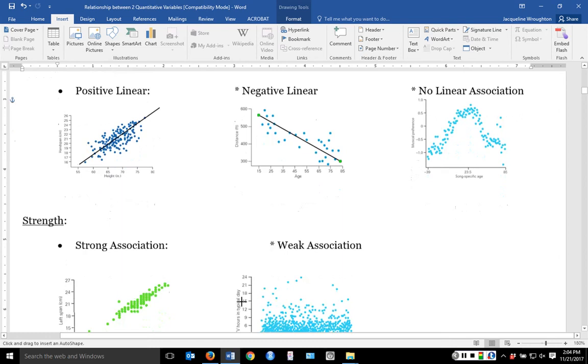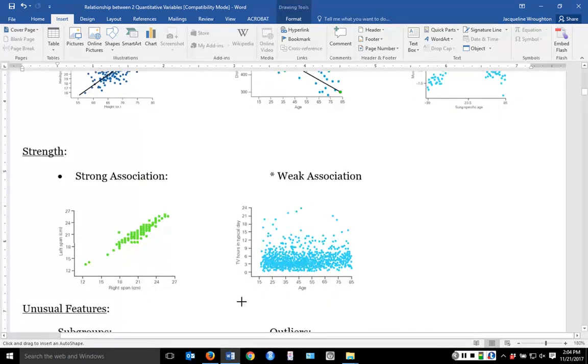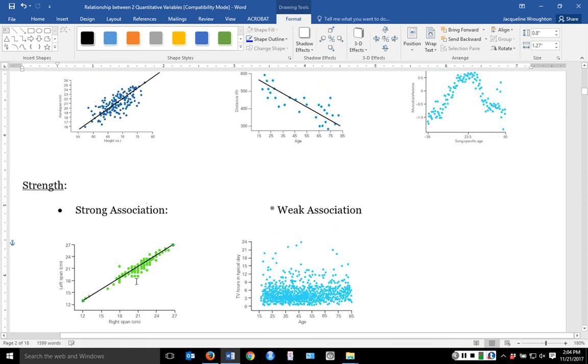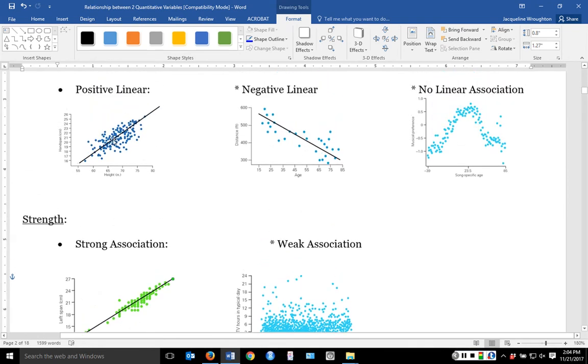Our next question is talking about strength of the relationship. If I look at this first plot and go through my first questions, could I put a straight line through this? Definitely. And when I'm talking about strength of the relationship, it's how close these points are to that line. If I compare this graph to the one up here, these points are closer to that line, giving me a stronger relationship than the one up here,